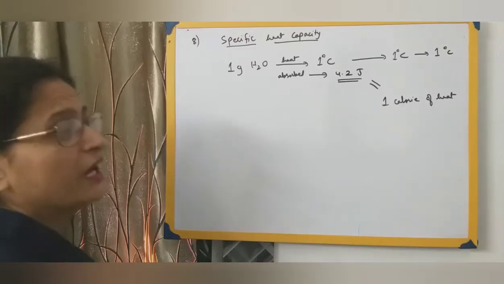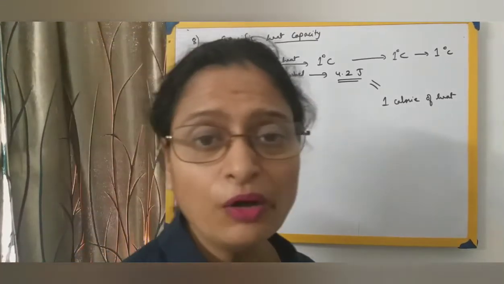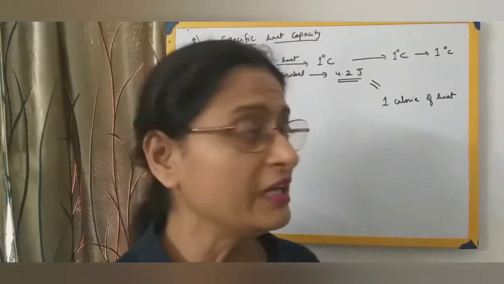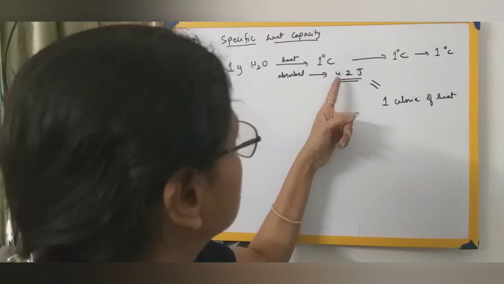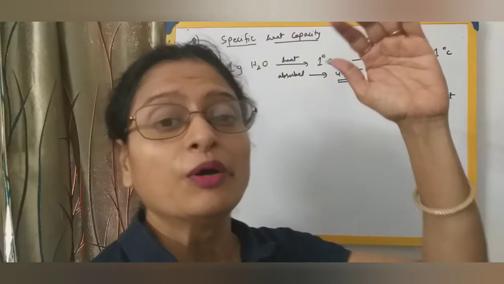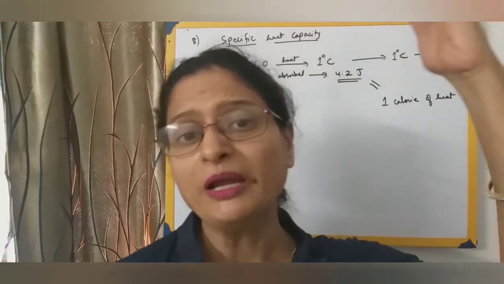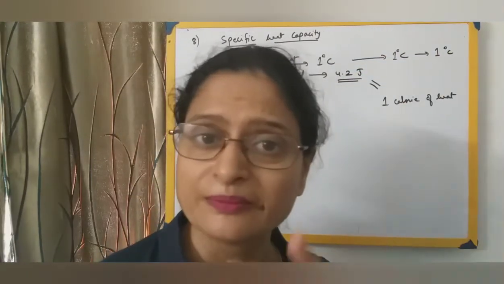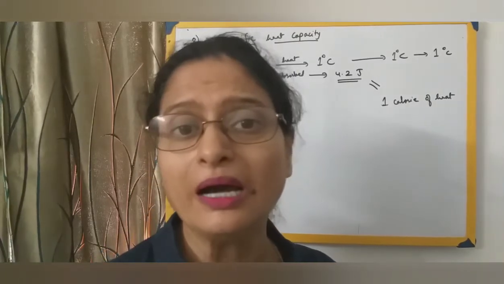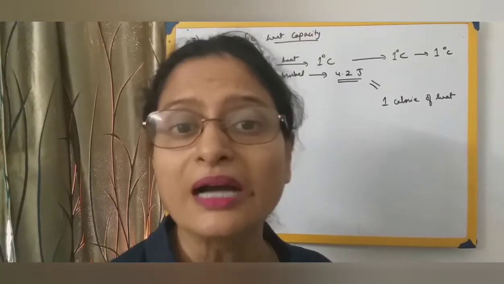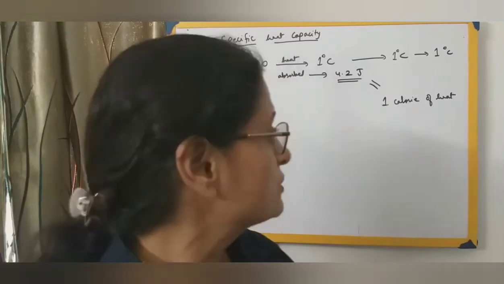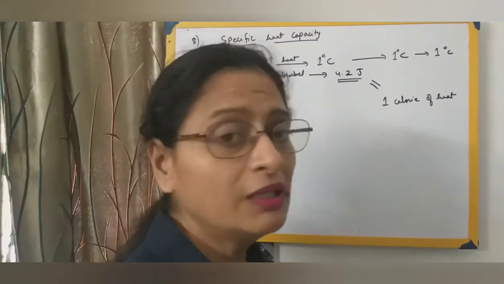And because it is such a high value, when water is put on any hot surface, it will absorb 4.2 joules or 1 calorie of heat. When you want to raise the temperature of water by 1 degree Celsius, you supply heat and water absorbs it. On the contrary, when you want to cool an object like car radiators or any hot surface, you put water on it, and it absorbs this much heat energy.